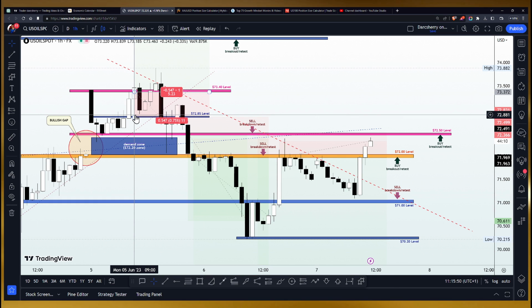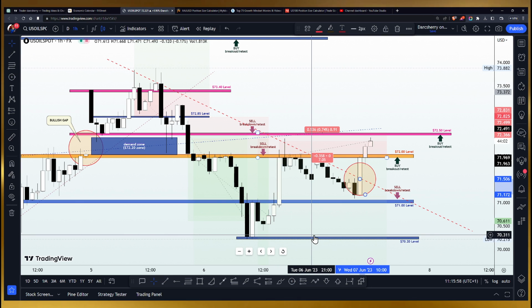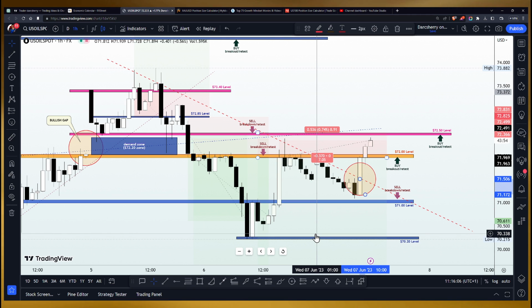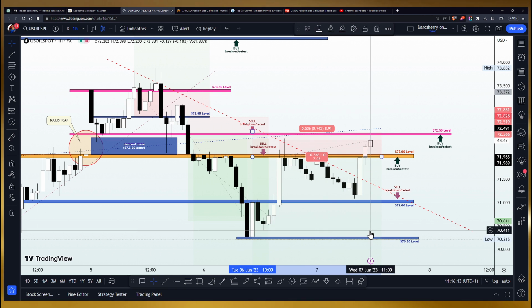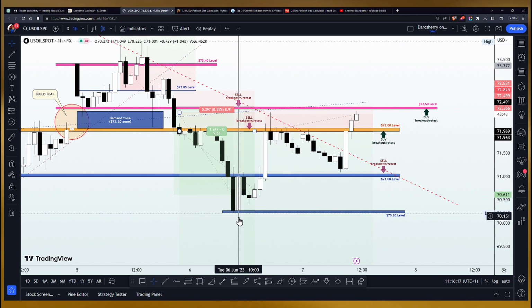And one thing happened a couple of hours ago, a very interesting thing. We saw an engulfing candle breaking out of that trend line to signal that the trend line may no longer have the capacity to continue to negate the bullish attempt. And in addition to this bullish engulfing candle that broke out of this trend line is the fact that price action had found a higher low in this market. So let's look at this closely.